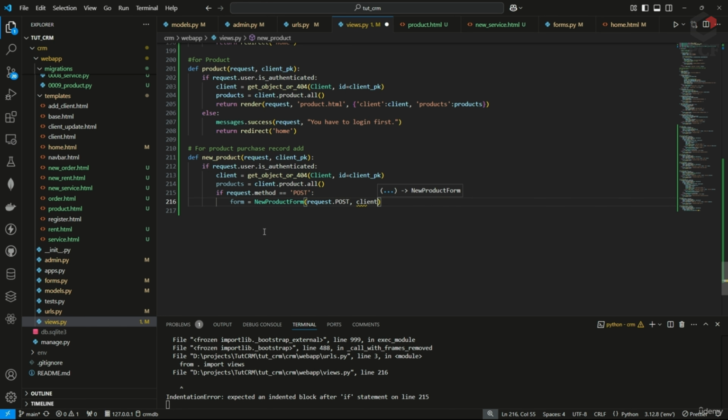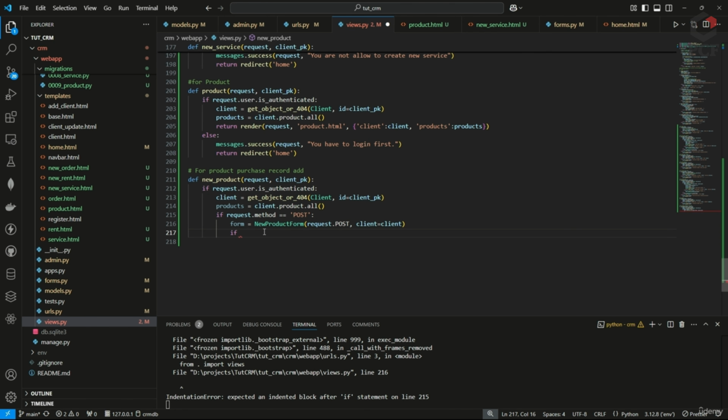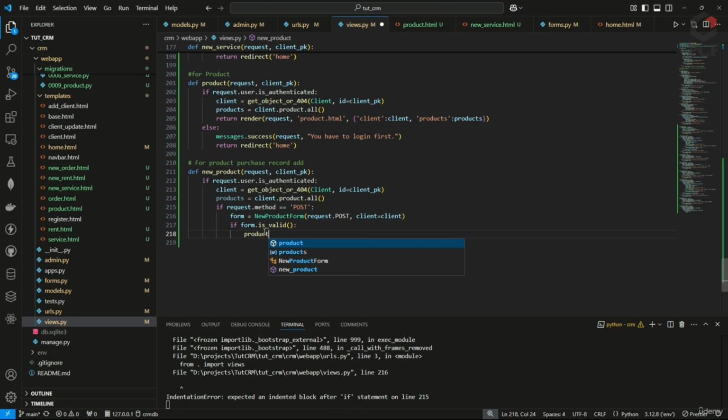This is where we will get and assign the current client's ID. Now let's check if the form is valid. So write if and as usual write form.is_valid(), as we wrote in the case of other forms. Now if the form is valid, I will declare a variable called product and save the form